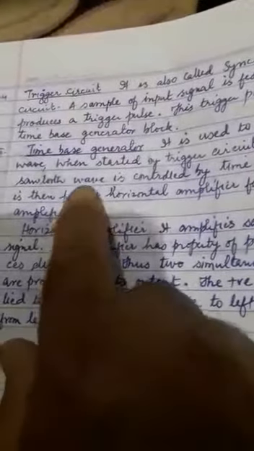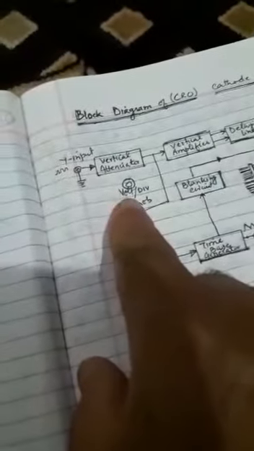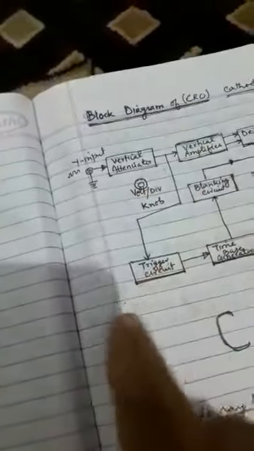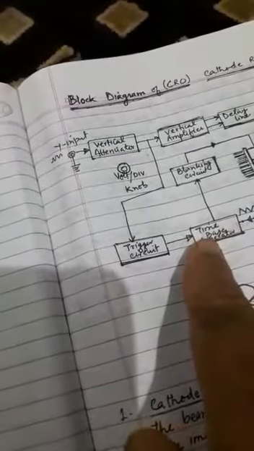The function of the time-based generator is to produce a sawtooth wave. Then the sawtooth wave goes forward. The frequency of that sawtooth wave is controlled by this node, the voltage division knob, shown in the block diagram of the CRO. It is the frequency of the time-based generator, which produces the sawtooth wave, that goes further onwards,